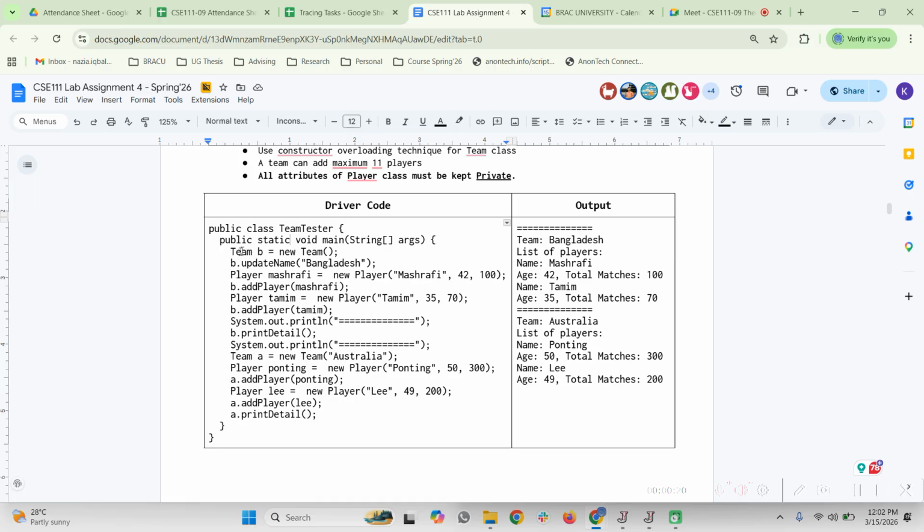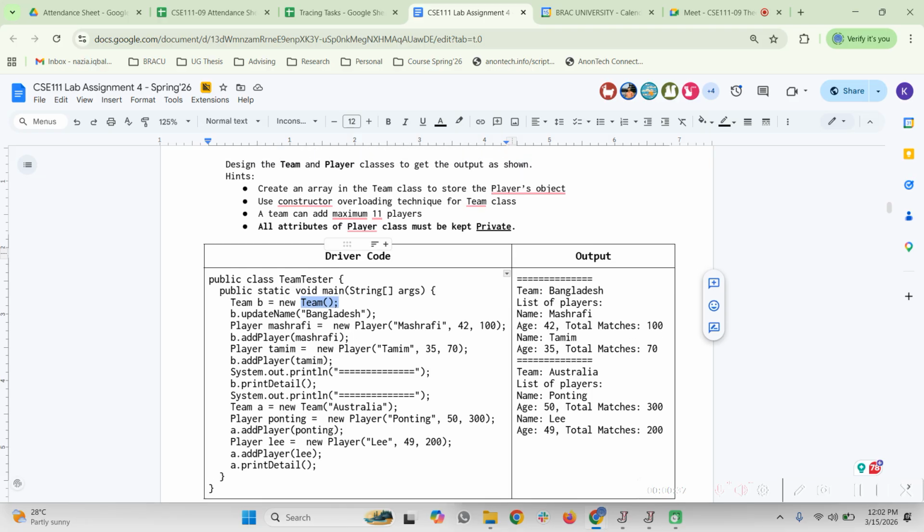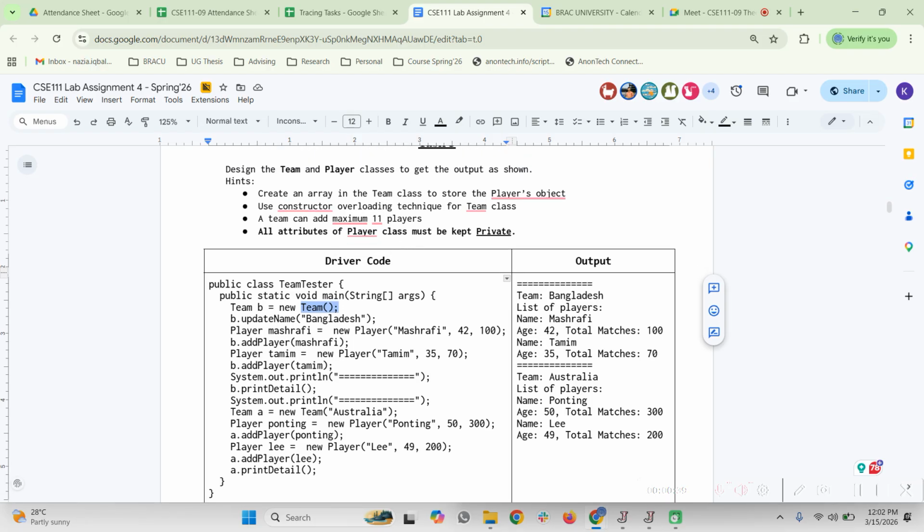Okay, so at the very beginning, I have created an object of the team class, which is B. I can see that it is a non-parameterized constructor. So, can anyone tell me, do I need to mention the constructor in my class? No, ma'am. Okay, for now I am assuming that I don't need to